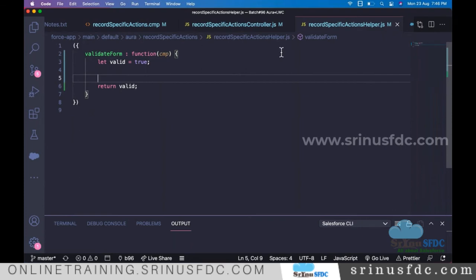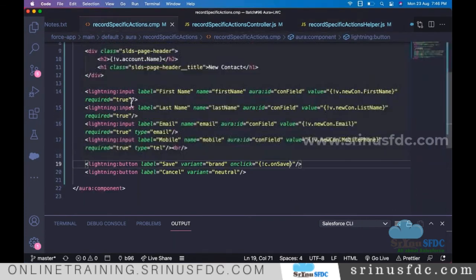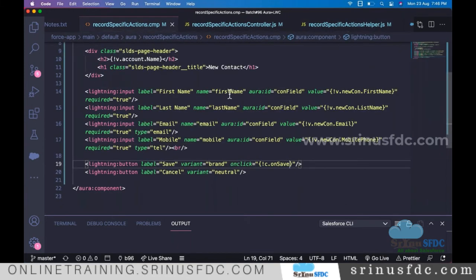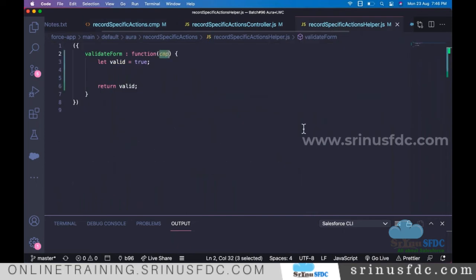So what I want to do here in the UI, right? All the UI information is there in this component. I want to identify elements based on this local ID, the aura:id, right? All these input elements have the same ID. So I'm going to find them.